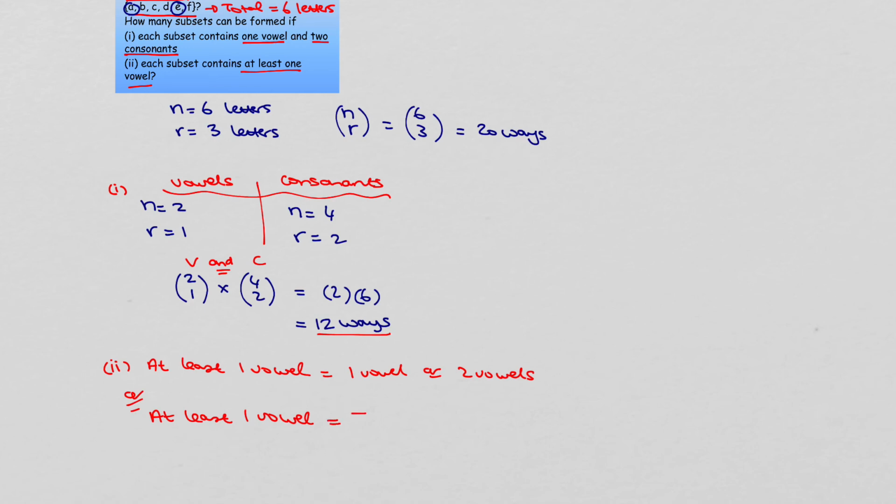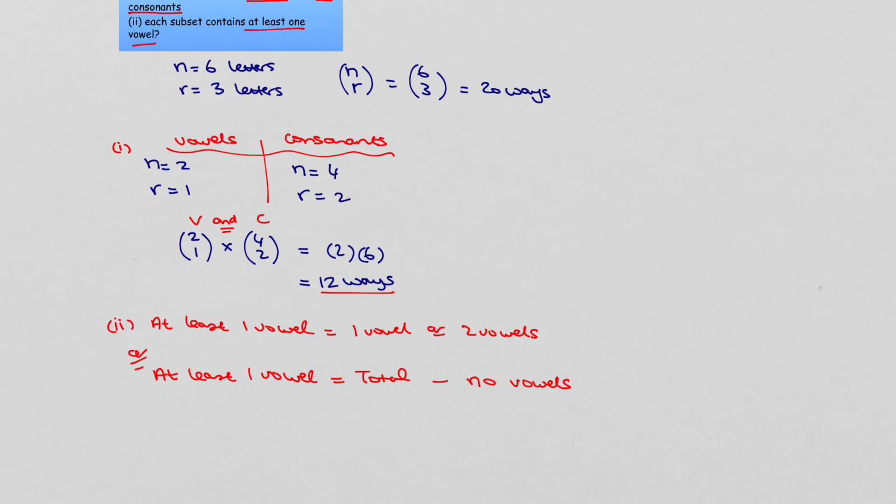Or what we can do for at least 1 vowel is to get the total number of ways in which we can get our subset of 3 minus the total number of ways in which we would have no vowels, so our subset with no vowels. So we've already worked out our total. The total was 6 choose 3 with no restrictions. And then if we were getting no vowels,